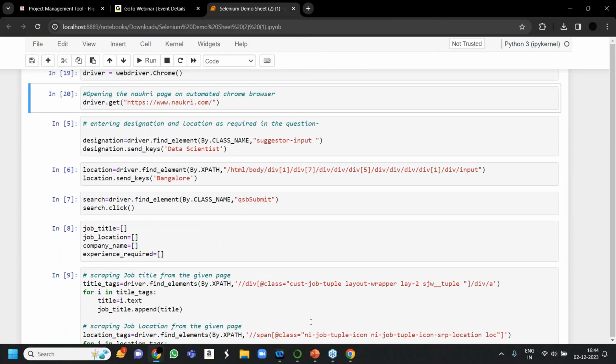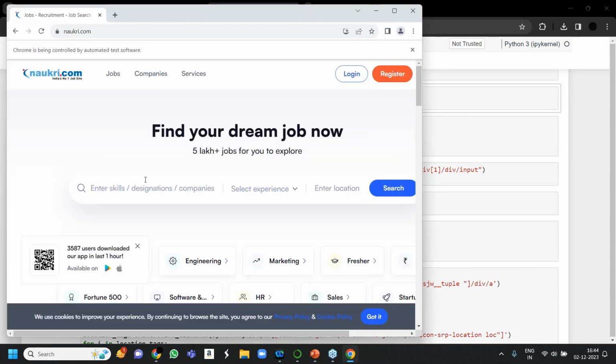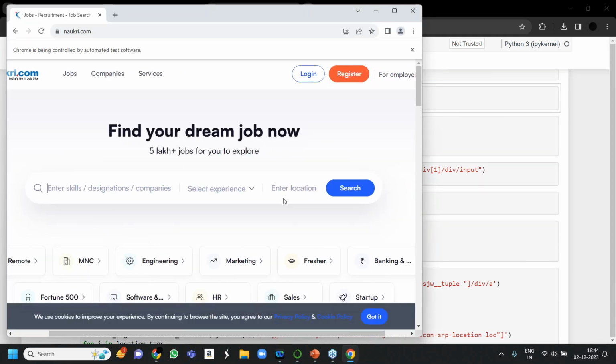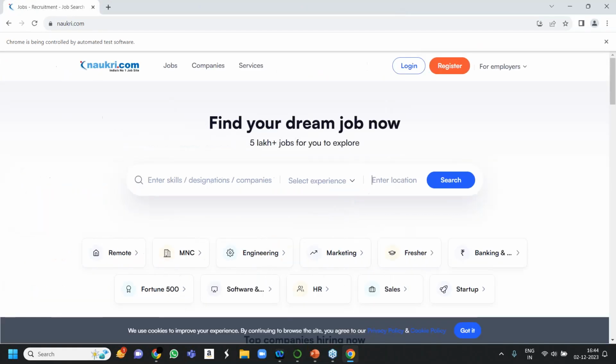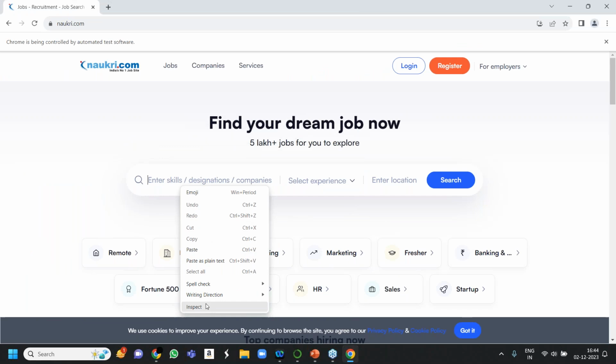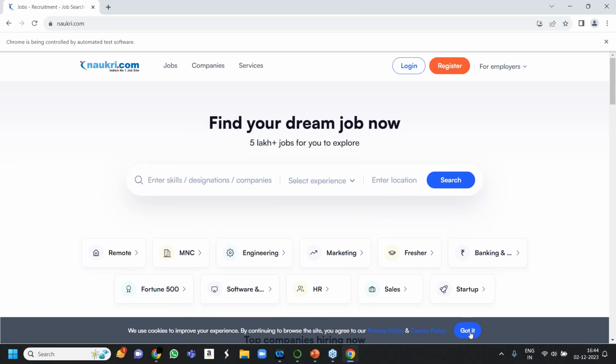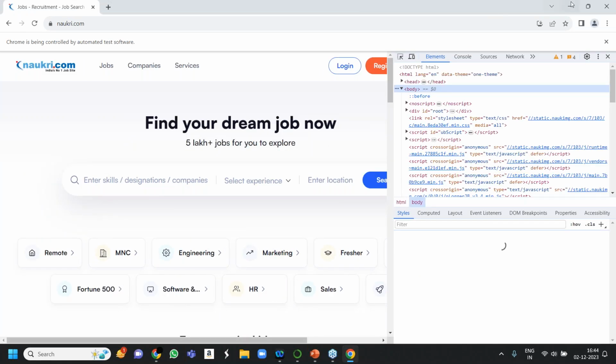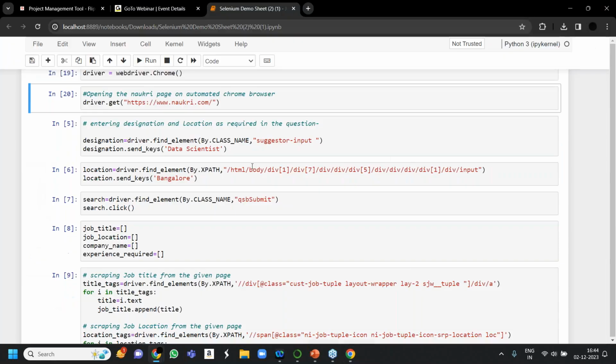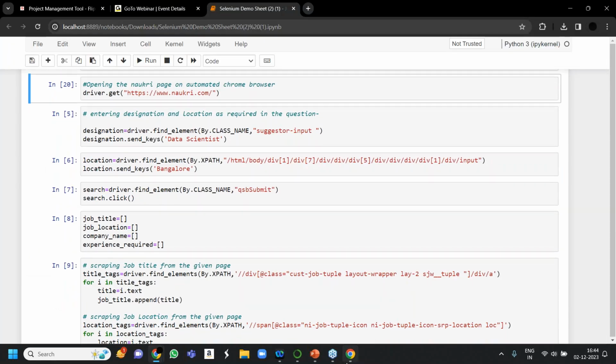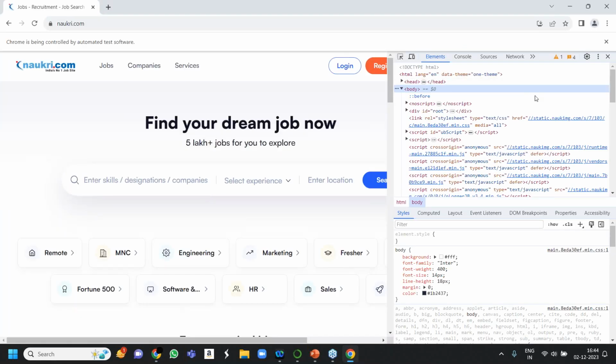So now, same thing which you did there. I will write data scientist over here in the skills. In the location, I will write Bangalore. Then I will click on search. I will see one more thing.